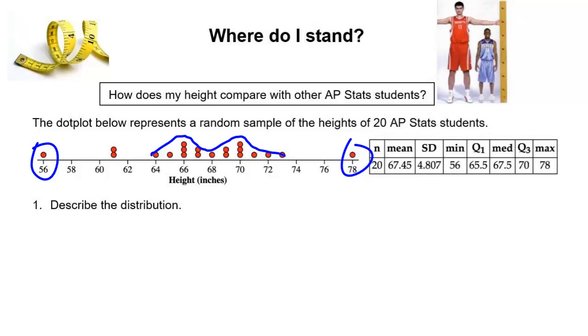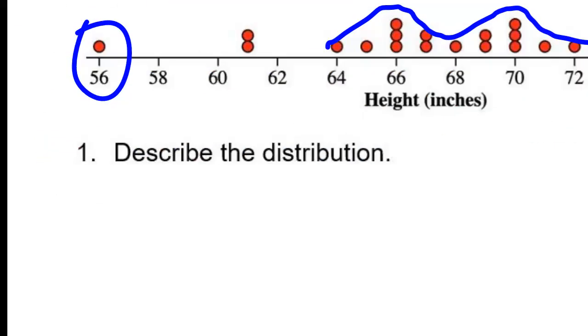Okay, so let's start our description. First, I need my context in here. What is this a graph of again? Height in inches. Height of who in inches? Yes, so we want to get all the context we can in here. Saying height will probably get you safe, but just to make sure, you want to include all the context you possibly can. So the distribution of heights